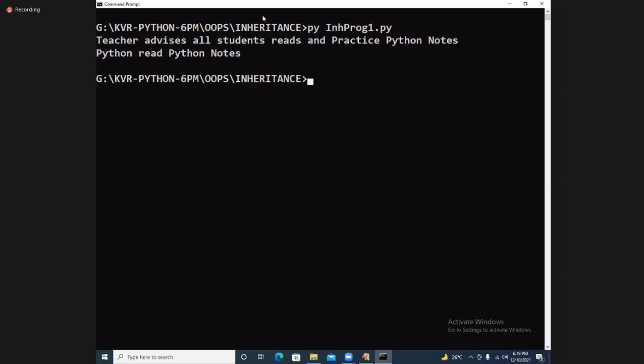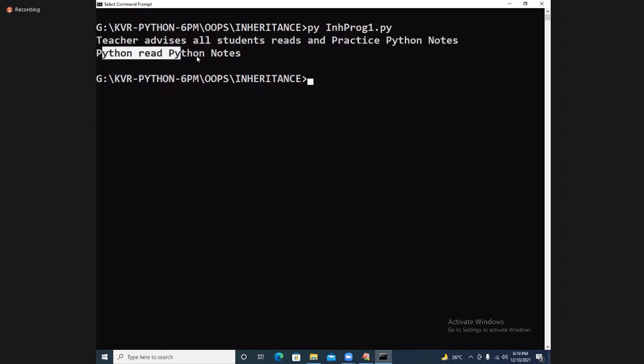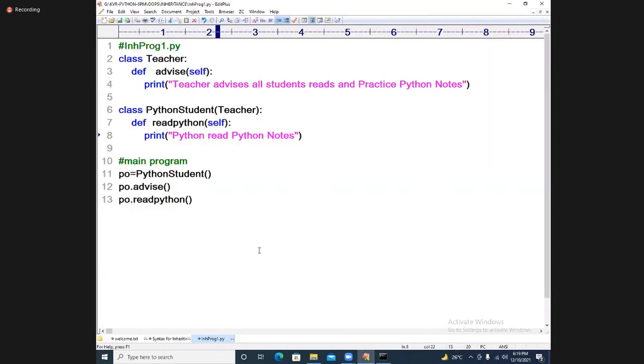See that output. Teacher advises all Python students to read and practice notes, and Python student reads Python notes. Of course, a message I need. Python student reads Python notes. A simple example of how this inheritance works.